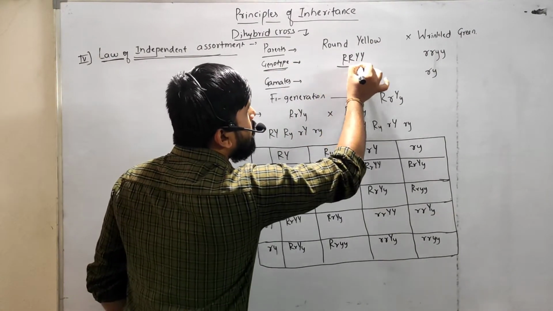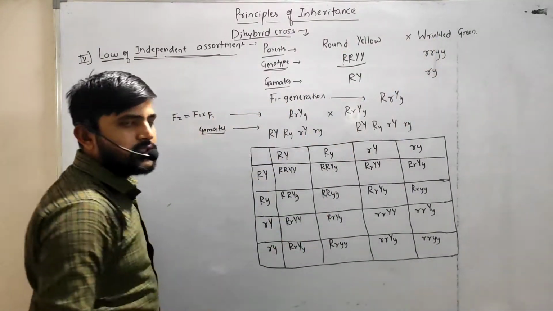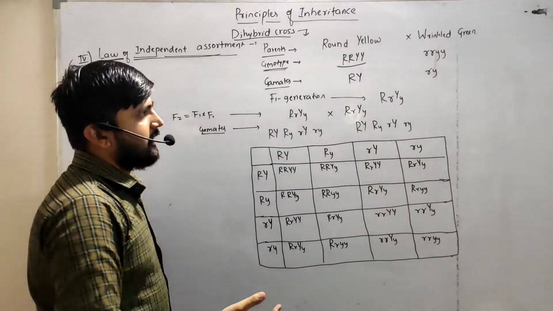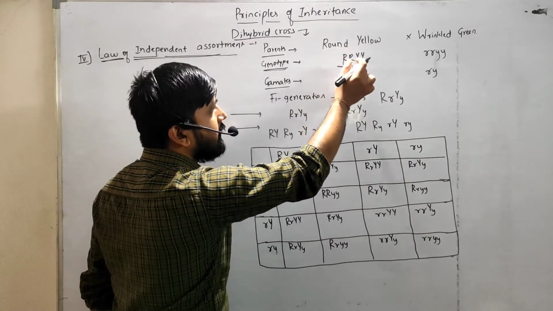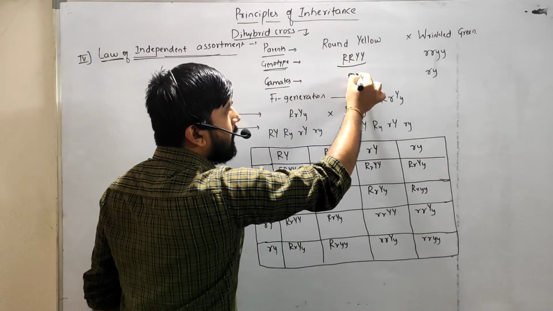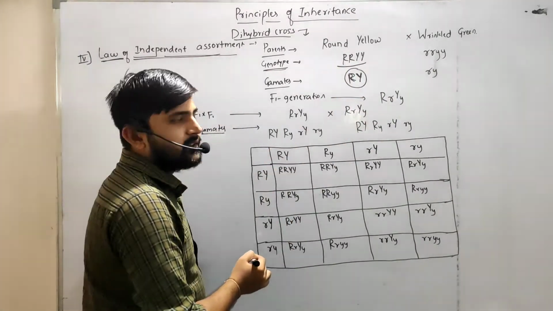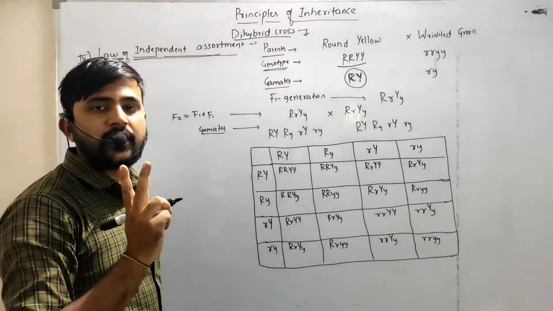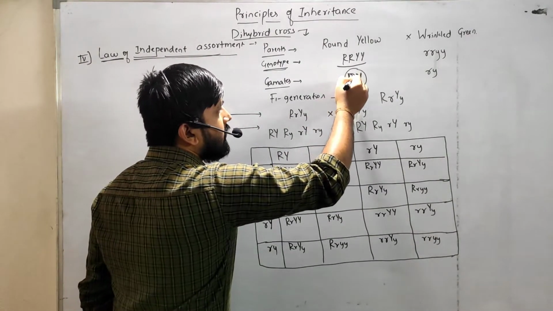So these are the gametes of the parents. This is the homozygous condition, both conditions are homozygous. Here we are taking the two contrasting characters, so for shape we are taking capital R, and for the color of the cotyledon yellow we are taking capital Y as the gametes. These two characters are in one gamete, because this is the dihybrid cross. In this cross we are considering two characters, that's why each allele from the character will be included in the gamete.